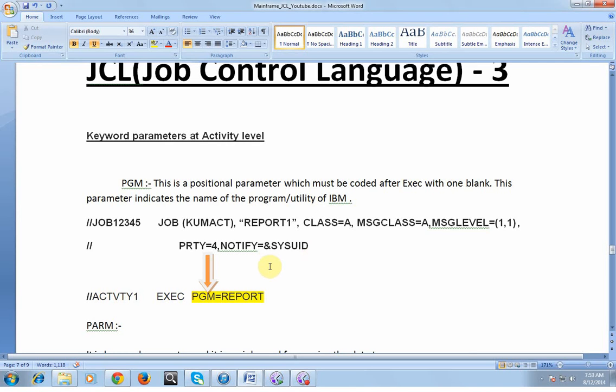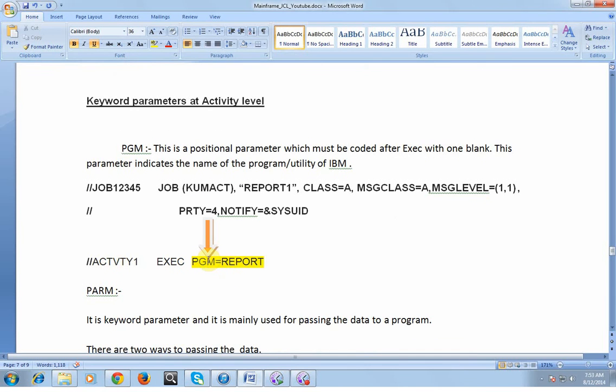So that was about the program or utility. Below is the syntax. We can see this is the job card, and this is the activity level code where EXEC is followed by PGM, and my program name is called REPORT. It is going to create some kind of report with headers, date and everything. So I'm calling this activity 1.